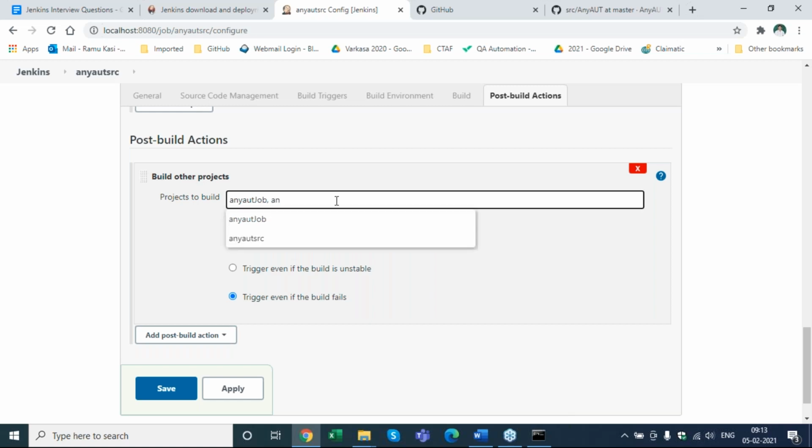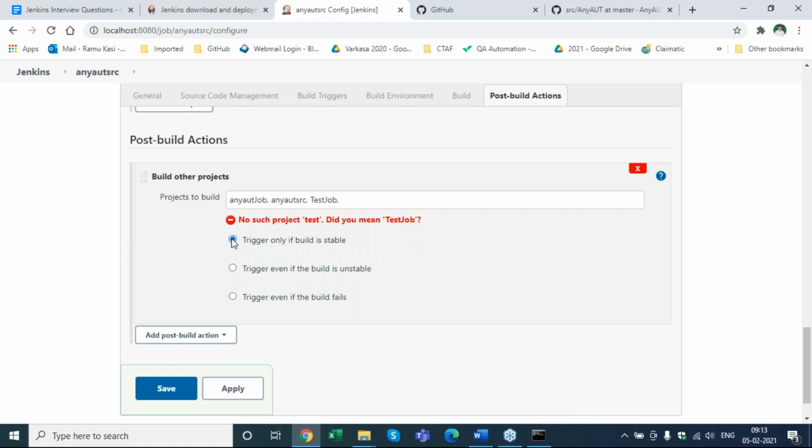So this is the other important thing, team. What's the difference here between unstable and fail? I'm sorry, I think it means the same. Even if the build is unstable, it's trying to say the same thing: that it has not completed its process, it's failed somewhere. Click on that question mark, Ramu, the help icon.